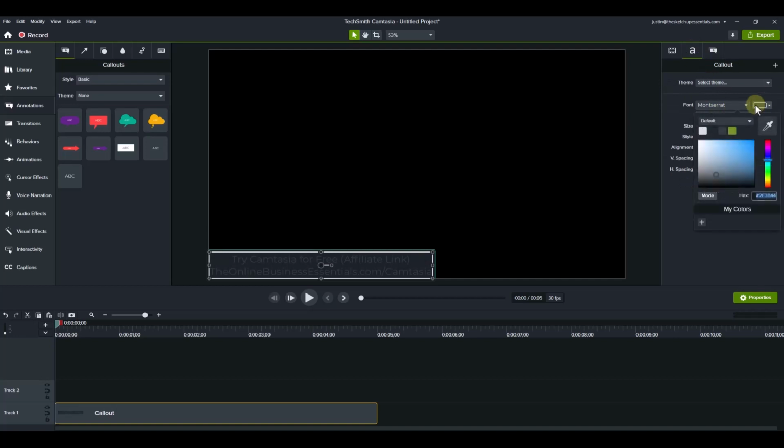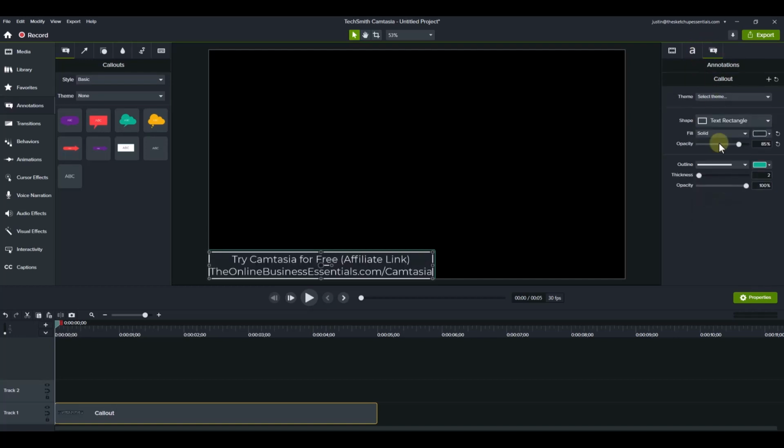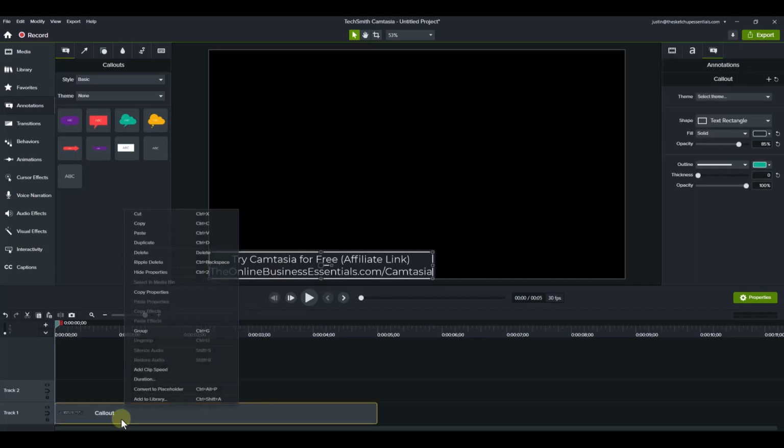I'm going to change my text to white and I'm going to toggle this outline off. So I'm just going to put the outline to 0, right? And so this is something that I might drop in a lot of different videos. So I want to save it for use later so that I don't have to recreate it over and over again. And so what I'm going to do with this object is right click on it,